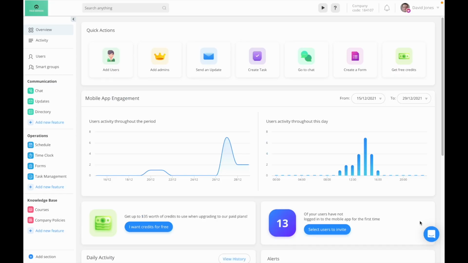Today, we're going to talk about how Connecteam works for field services companies. So to start with, we'll do a quick orientation of how the platform works. Then we'll head over to our operational features, and we'll start with the schedule, which is a way for you to know exactly, and the employees as well, where and when they should be at. Then we'll head over to the time clock, which is a way for you to track your employees' time to